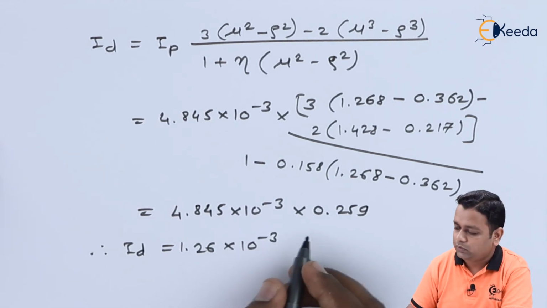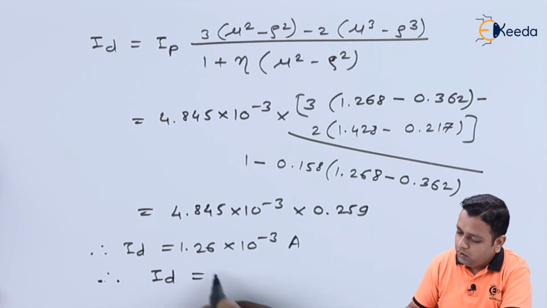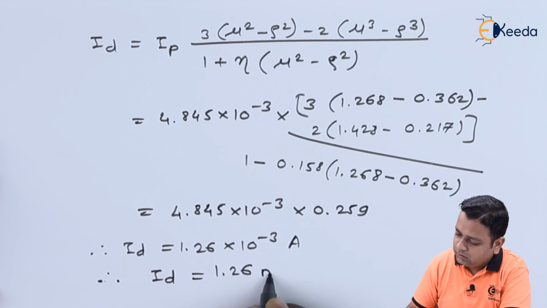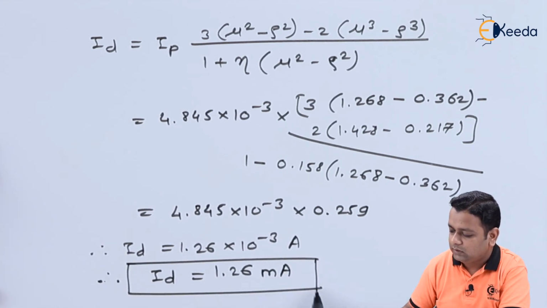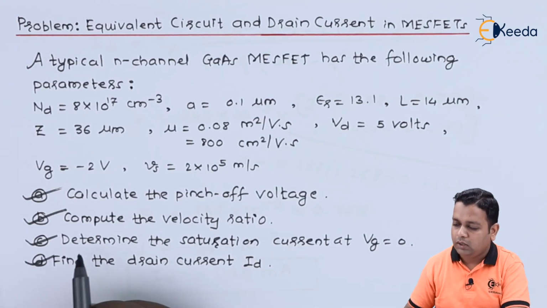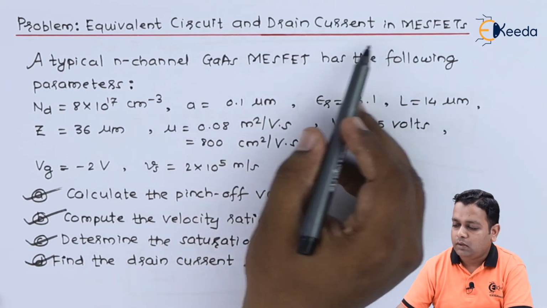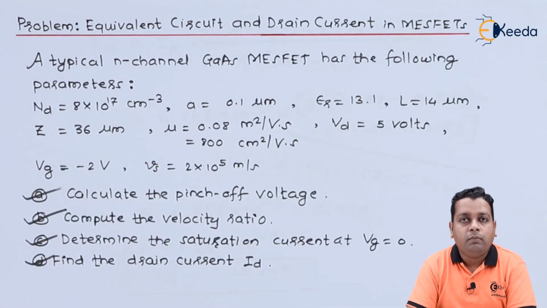So it should be in terms of amperes, or we can also express ID as 1.26 milliamperes. I have outlined this answer. So this way we are covered with the answers from A through D for the drain current and the equivalent circuit of the MESFETs here. By the next lecture we shall be addressing the cutoff frequency and other kinds of frequencies for the same device,